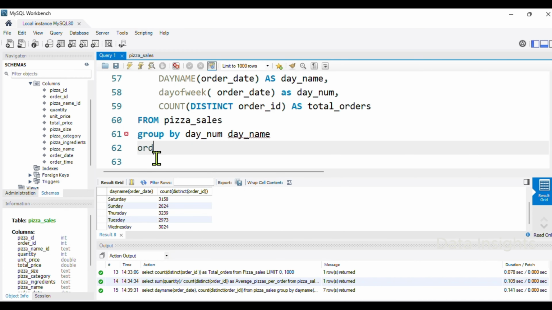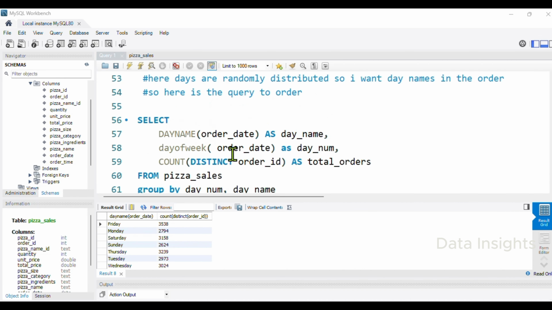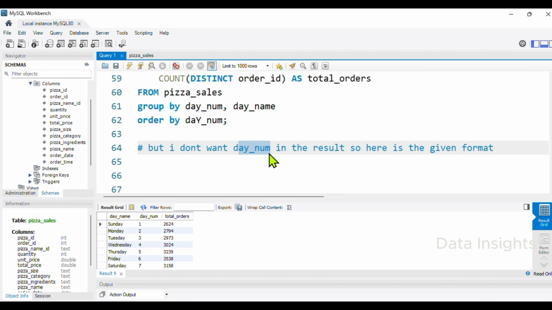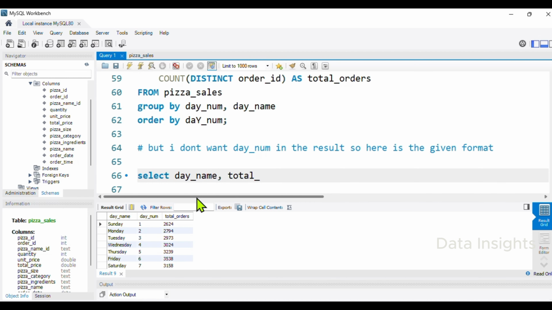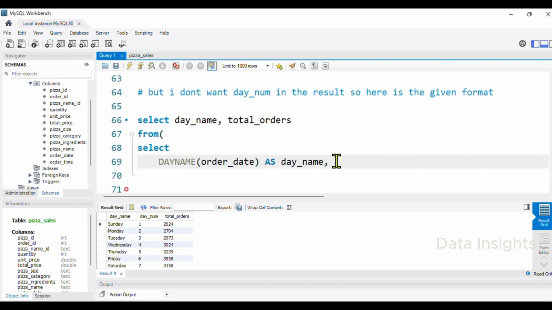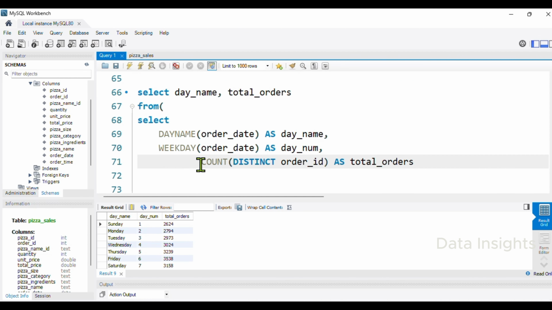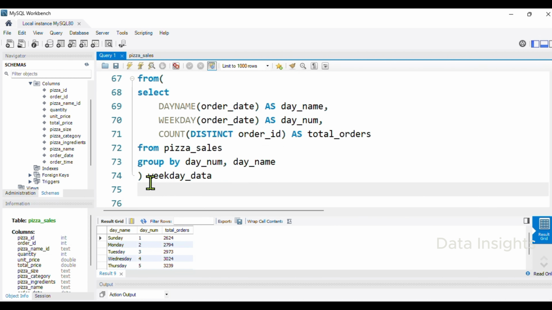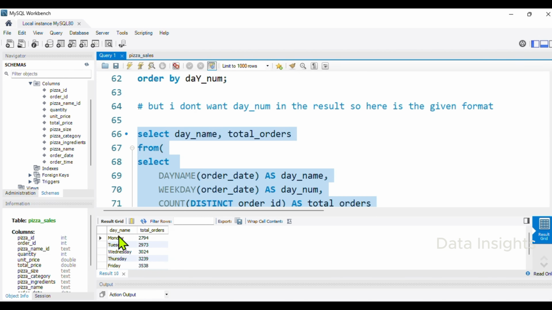By grouping by day number and day name and ordering by the day number, we make sure Monday comes first, followed by Tuesday, all the way to Sunday. Next, we wrap this in a subquery so we can order the results by day number, but only show the day names and total orders in the final output. Here I run the query. The result shows the days in order Monday to Sunday, with Friday being the busiest at 3,538 orders and Sunday